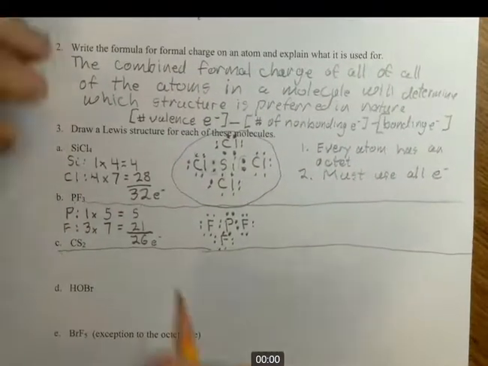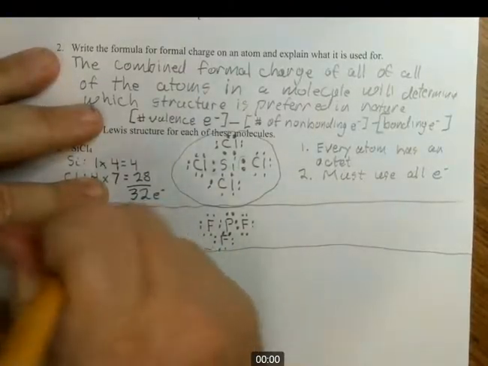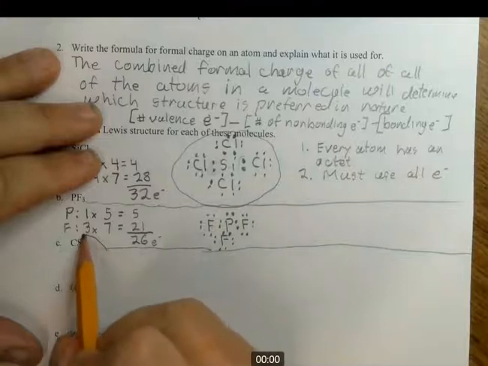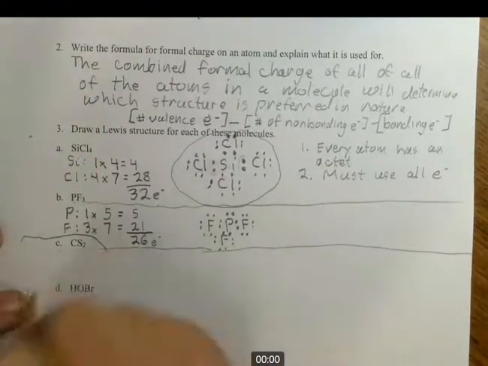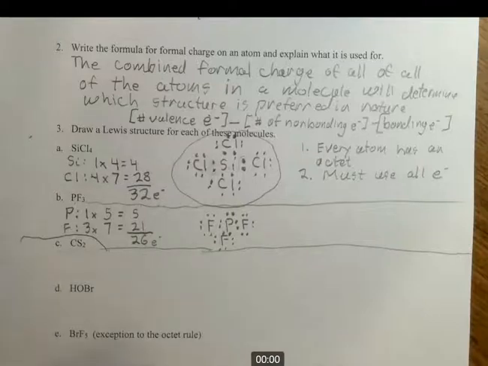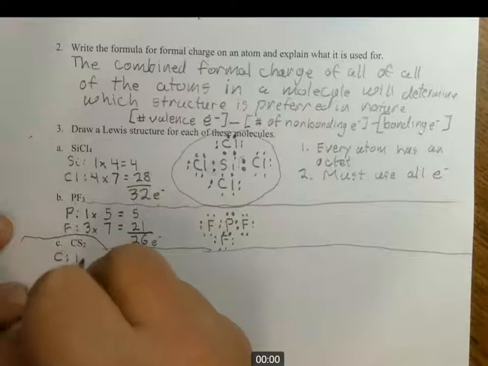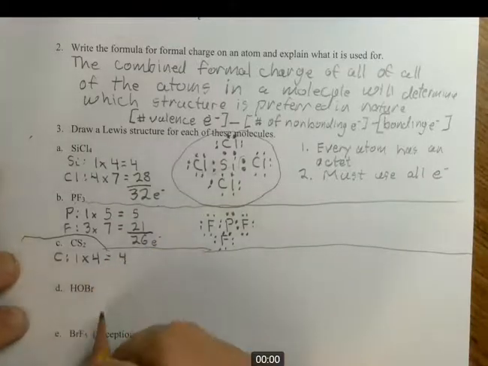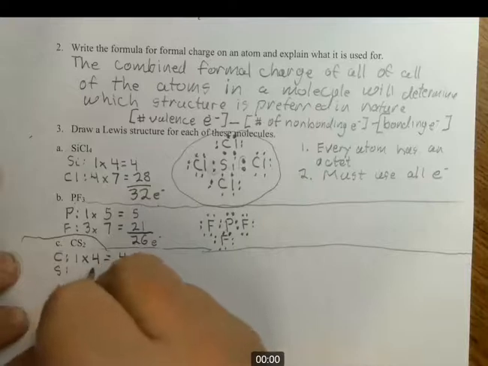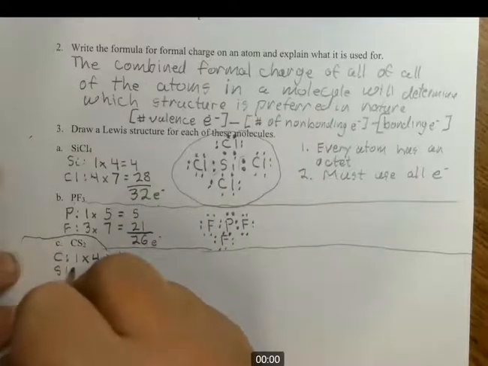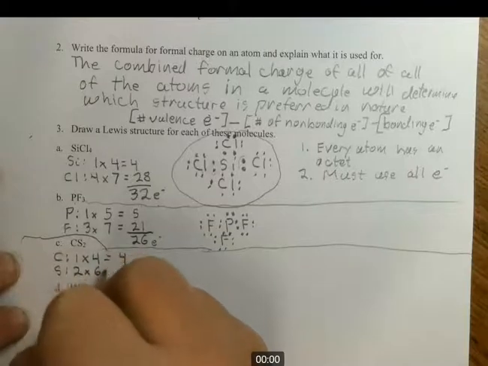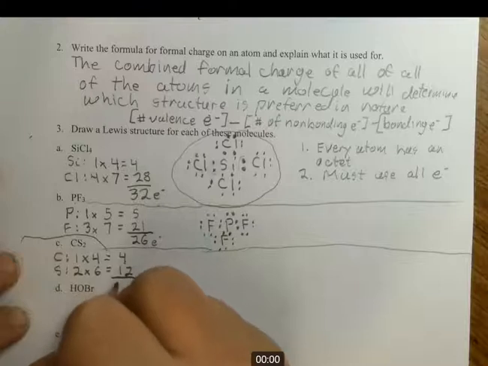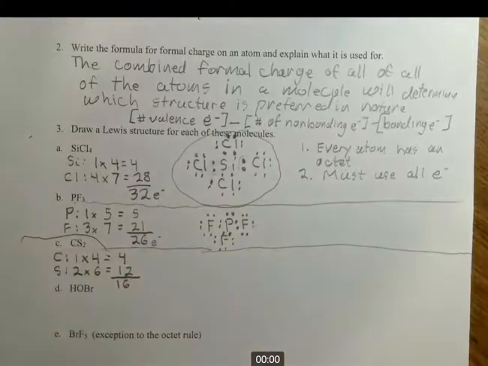Next to, whoops, got my line wrong. Next to the CS2. Okay. All right, let's go ahead, see again, start seeing if you can do these on your own, okay? Carbon, 1 times 4 valence electrons, 4th position over from the left in the 2nd row. That's going to give you 4. And S. And sulfur is the 6th position over from the left in its row, the 3rd row, and there's 2 of them. We need to multiply 2 times 6, and that's going to give us 12. So that means we have a total of 16 valence electrons that we have to account for in our Lewis